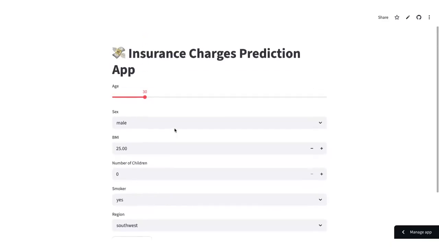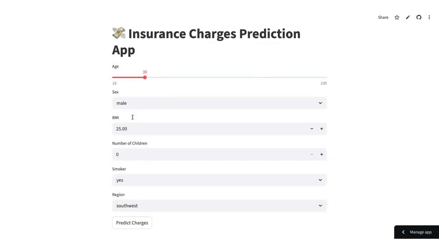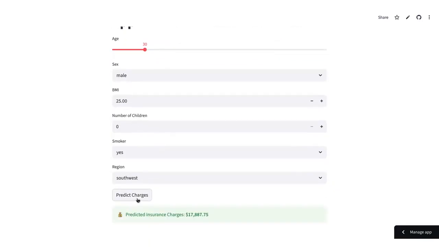Yes. I'll show you how to create an application like this. Even you people can use it to make predictions. We built an application wherein you select all the fields, and if you click on Predict Charges, it will predict the charges for you. Instead of humans sitting and analyzing applications and making predictions, we can automate things like this. The predictions can happen with machine learning instead of human intervention.